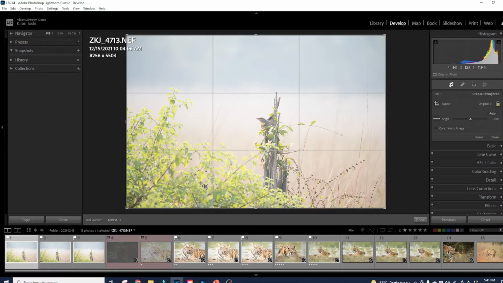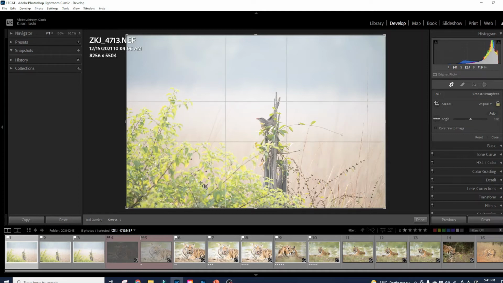So to see the other features, you just have to press the key O. If you press O, you will see that the crop overlay has changed to diagonal lines. Again, if you press O, you will see that it has changed the overlay. Again O, then you come across the diagonal line overlay, where you have a point of interest in the composition